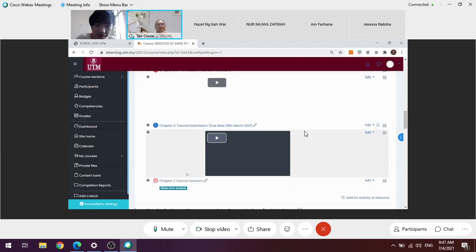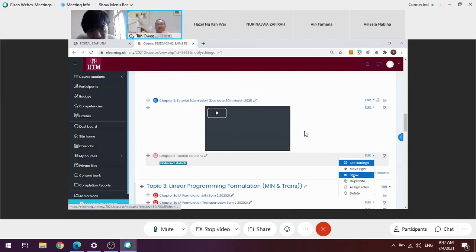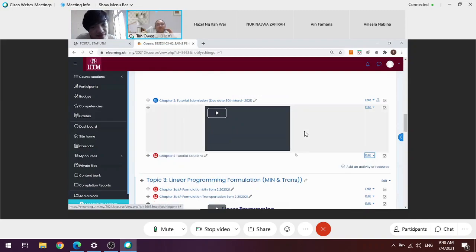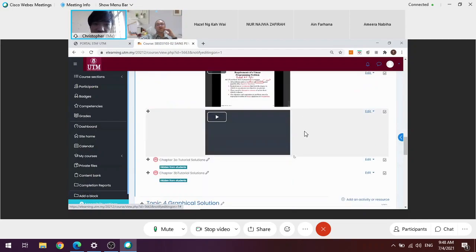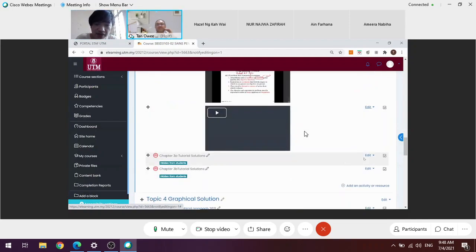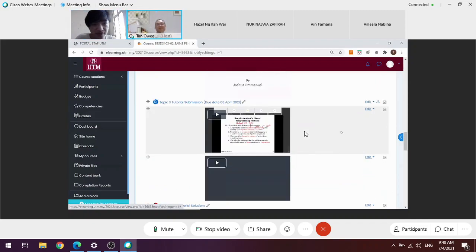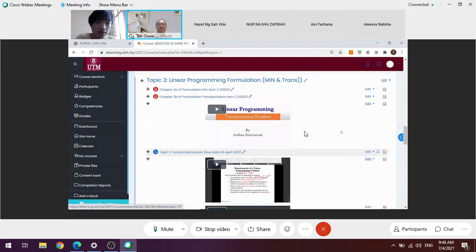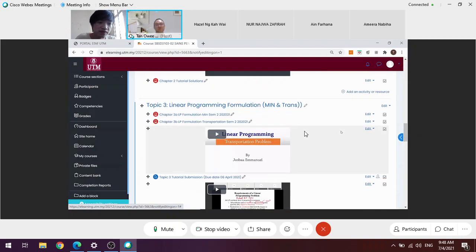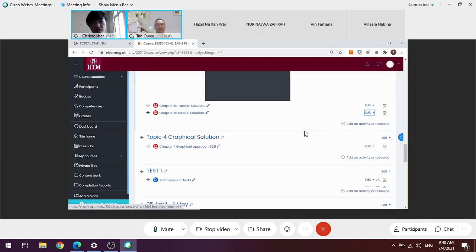Tutorial solution memang dah ada dekat sana. Sekarang I unhide. Maksudnya lepas ni semua, walaupun kita dah discuss 3 saja, ada 5, saya show. Lepas tu yang tutorial solution untuk chapter 3A dengan 3B saya pun unhide now. Tetapi jangan happy sangat. Why unhide? Because saya tengok the way that we discuss tutorial, I worry next tomorrow 1 hour kita tak boleh discuss semua. So what I need to do is after the class today, you go through all the solutions. Then kita hanya pilih soalan yang kita nak discuss saja, tak payah discuss semua.